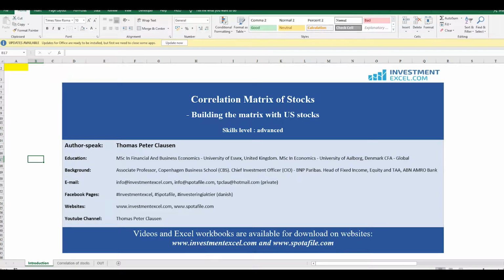investmentexcel.com in this presentation on how to calculate the correlation coefficient between two assets and also how to calculate the correlation matrix of several assets. And we will use stocks from the US market as example of